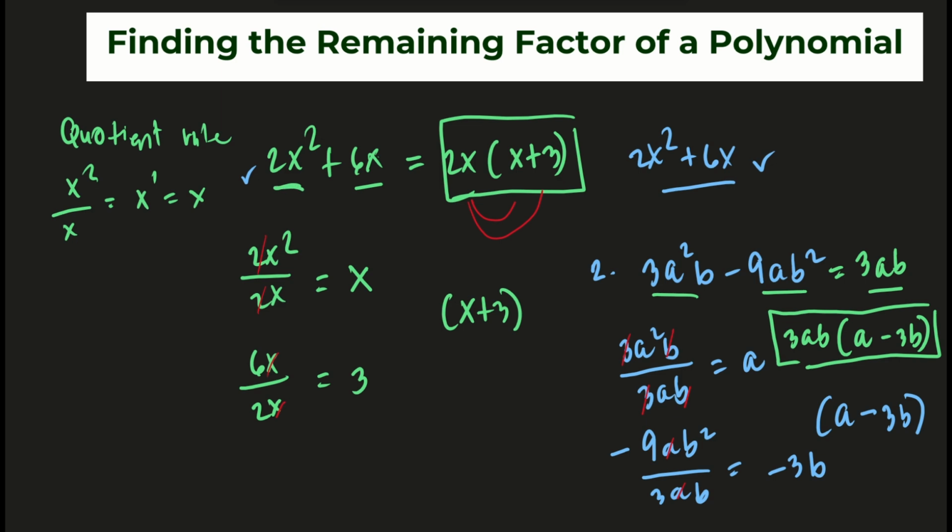Basically, that's how we're going to completely factor out a polynomial. First step is just by simply dividing each term by its greatest common factor. Okay? Next example, we have